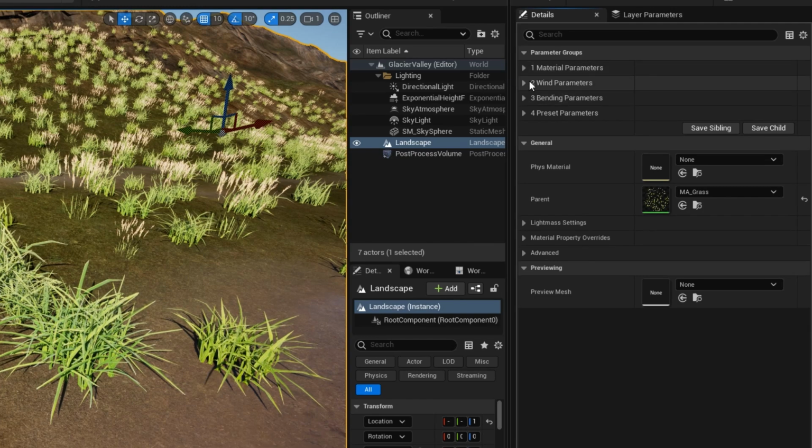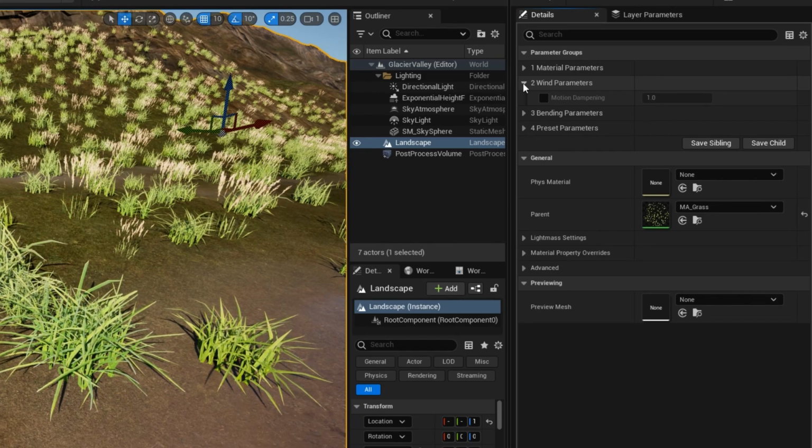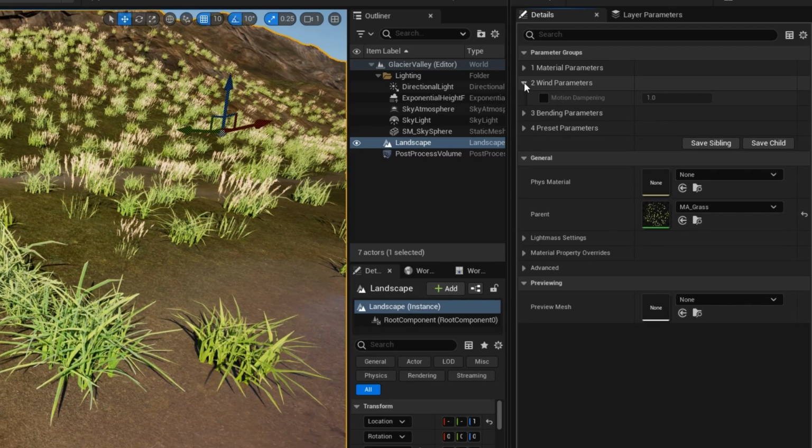So here's where things like the wind animation is here. So I don't think it's moving in the wind. Actually, it is slightly there. So you probably want to consider switching that off. Let's look at that later. Let's just get the color sorted out first, and we'll look at the animation separately.